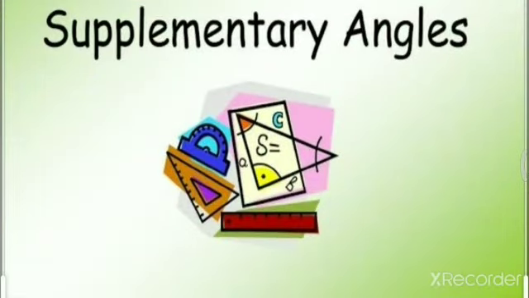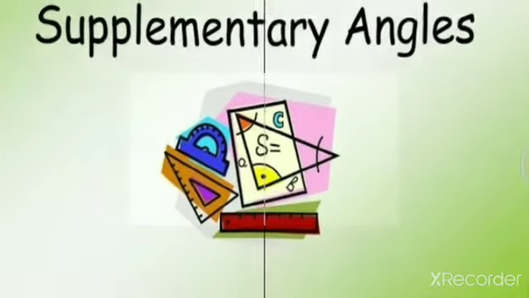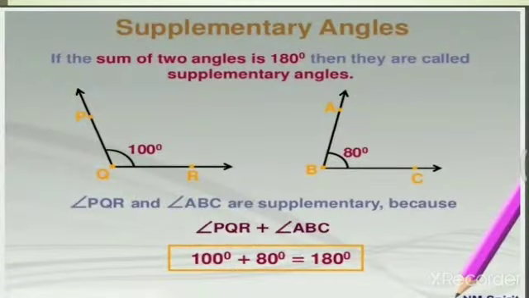So, today we will see what is a supplementary angle. So, let's see what supplementary angles are. Supplementary angle means when the sum of two angles is 180 degrees, those angles are known as supplementary